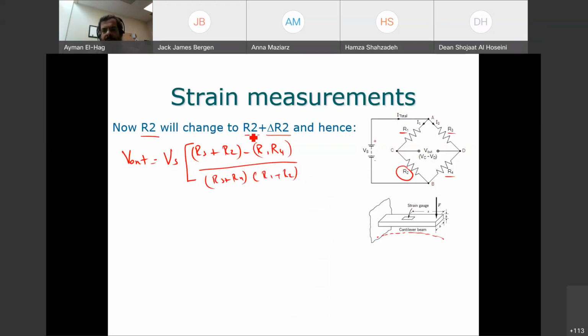Now R2 will change from R2 to R2 plus delta R2. So now this is after we apply the strain. So this becomes Vs times (R3 plus R2 plus delta R2)